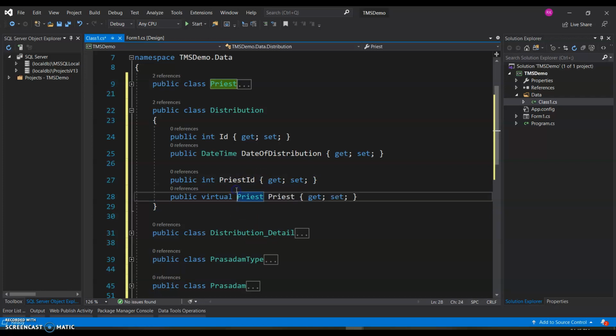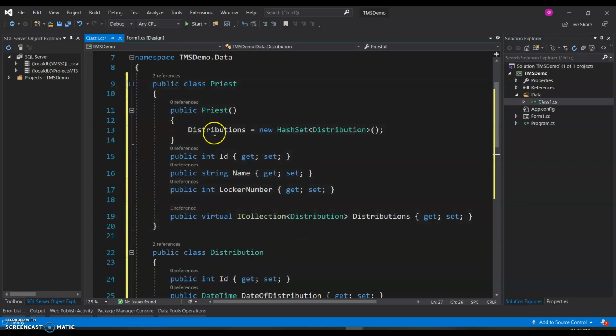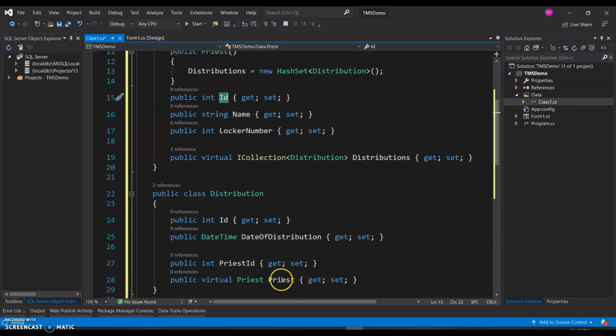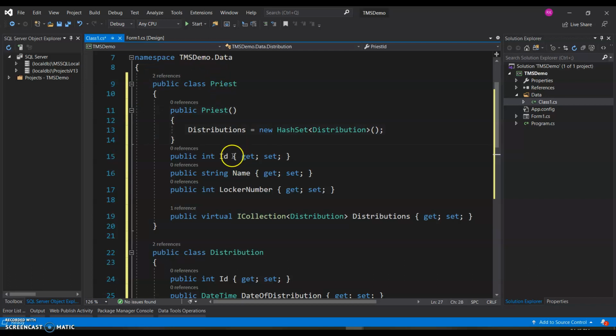Now, even when you do this, entity framework will figure out that priest is the name of an entity and ID again will be the name of its foreign key. So clearly it will figure out that you meant to create a column which was actually referring to the priest's ID.